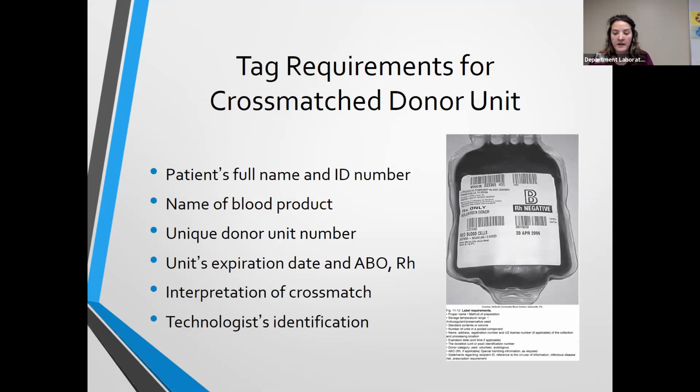And then also on that transfusion slip, your interpretation of the cross-match: was it compatible, or did pathology approve to give least incompatible? Maybe your patient has a warm auto. That would be an example where you would give least incompatible. Yes, ma'am. So say we have FFP and then